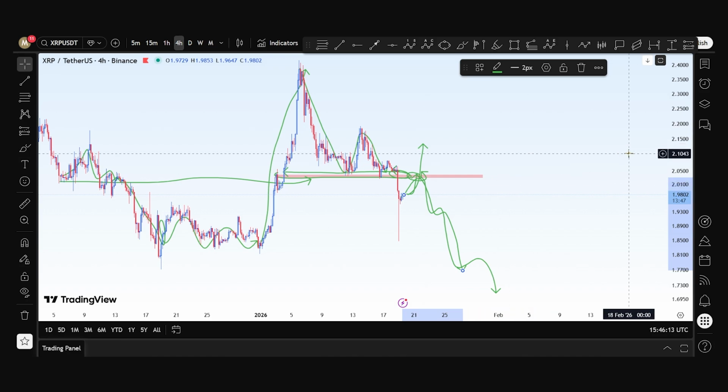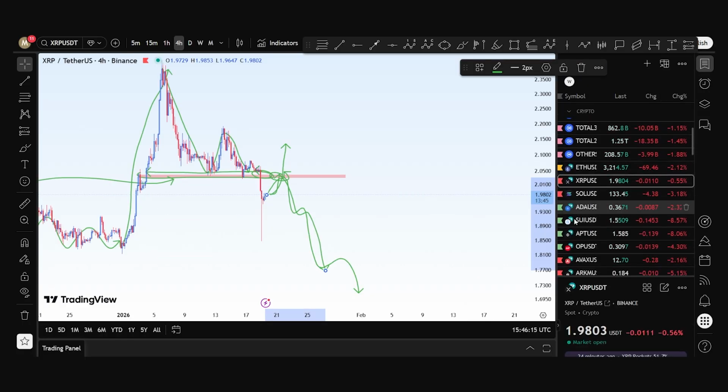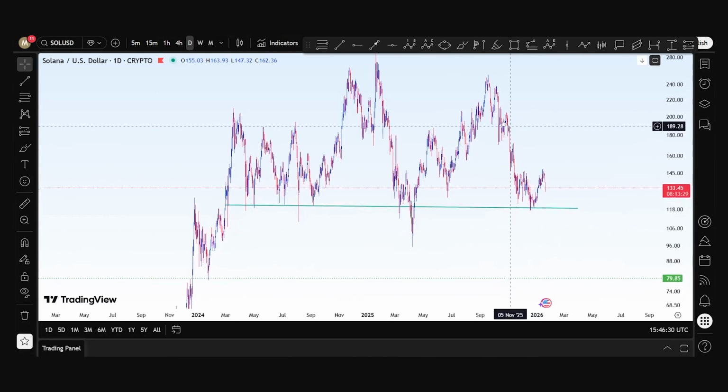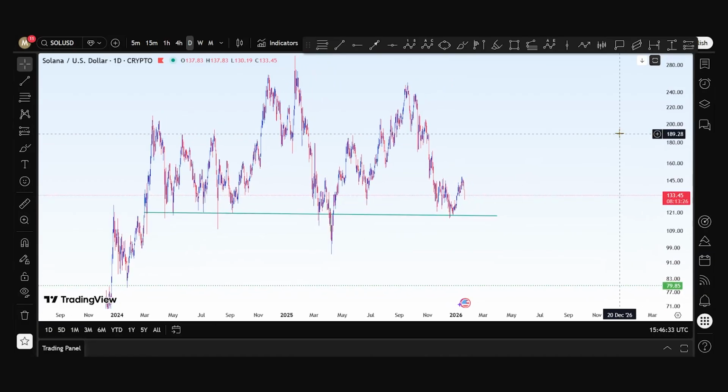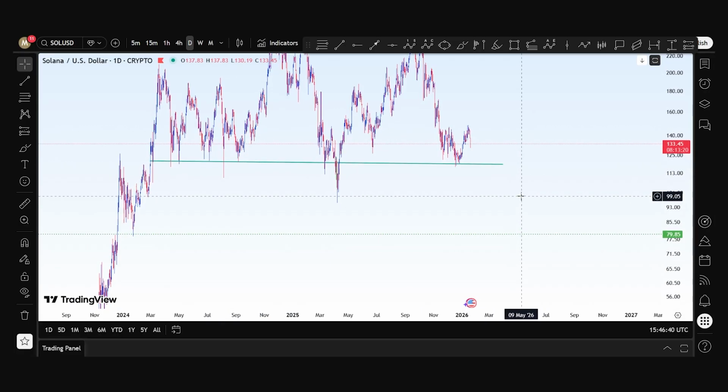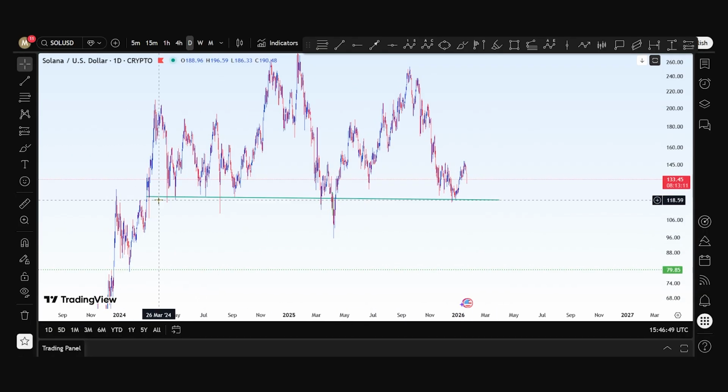For example, if we go to Solana, as I said, let's just go to Solana. So this is Solana on the daily. I don't know if you used to follow me on the previous channel before, but Solana, I've been telling you that the best entry for Solana was at $80. We only got this swing low here at $80, and from there we just kept this level around $120. We just dumped one time. It was a crash everywhere in the market. Solana was among those coins, and we